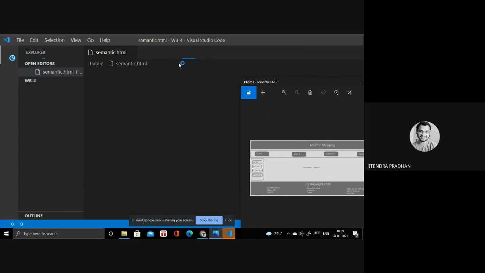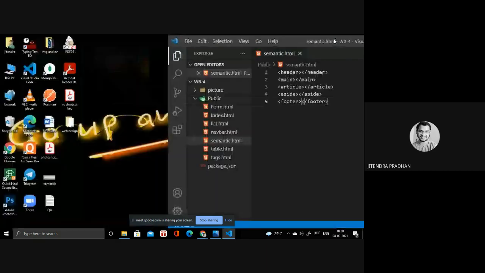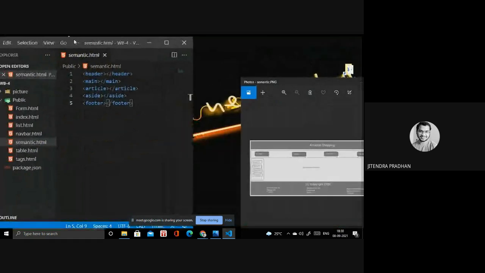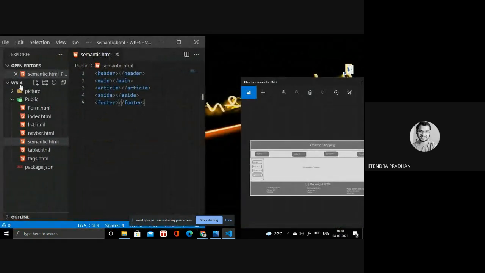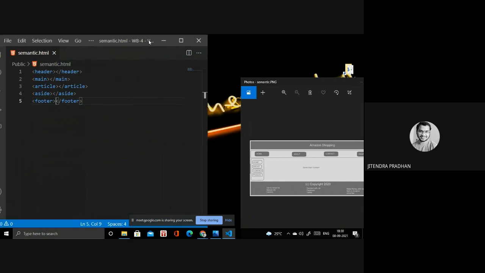So I need to create another, or okay, I will design inside the semantic tag folder, it's better. Wait, it's processing. We don't need that one, I will close the outline. Wait, done.